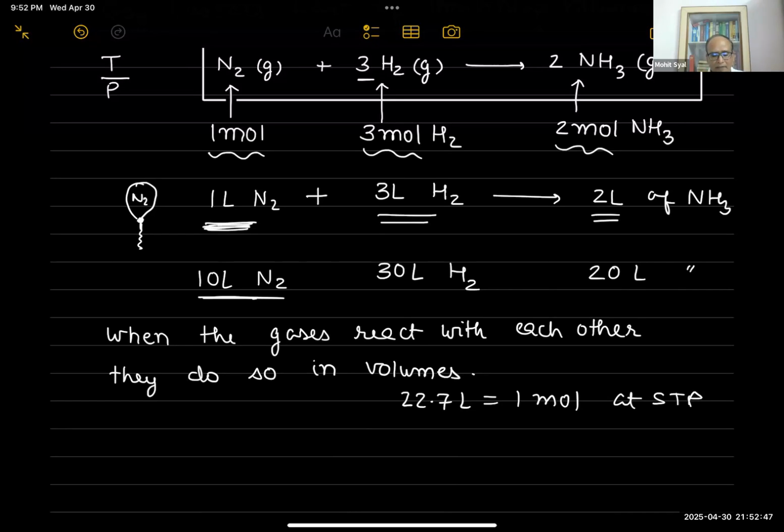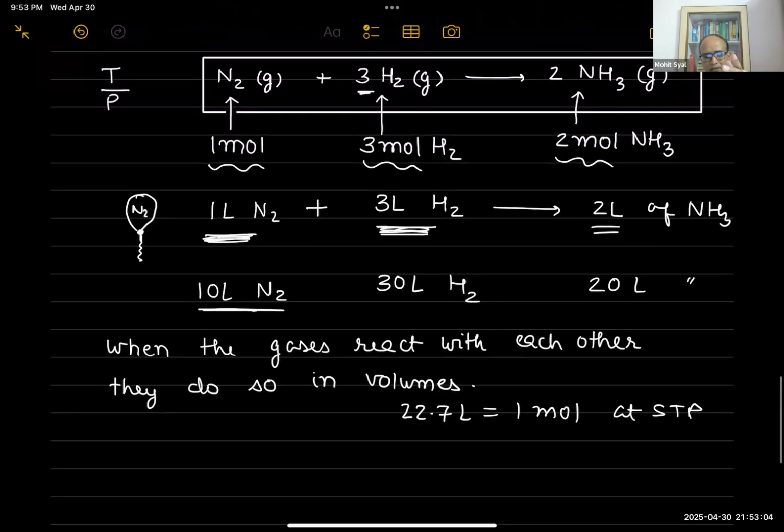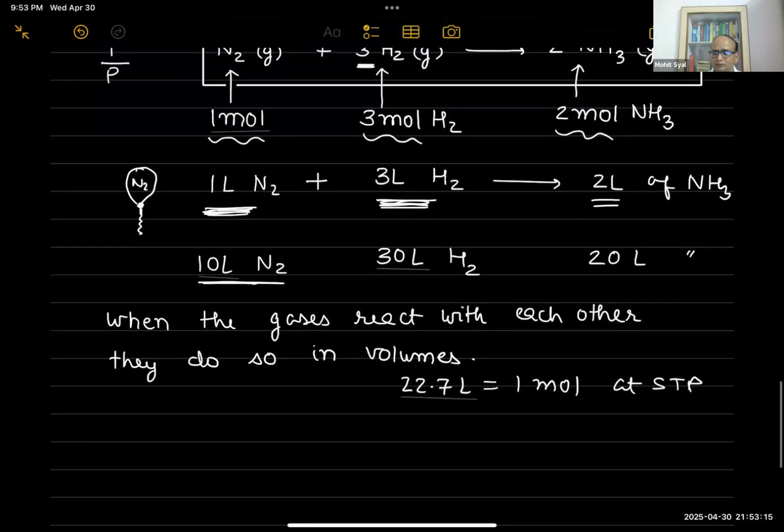Whatever imagination volume I have chosen, without calculating how many moles I took, one thing is sure that the moles of hydrogen will be thrice because the equation is telling me, and the volume will also be thrice. So when the gases react with each other, they do so in volumes. Is the meaning of this statement clear? Yes. Which are proportional